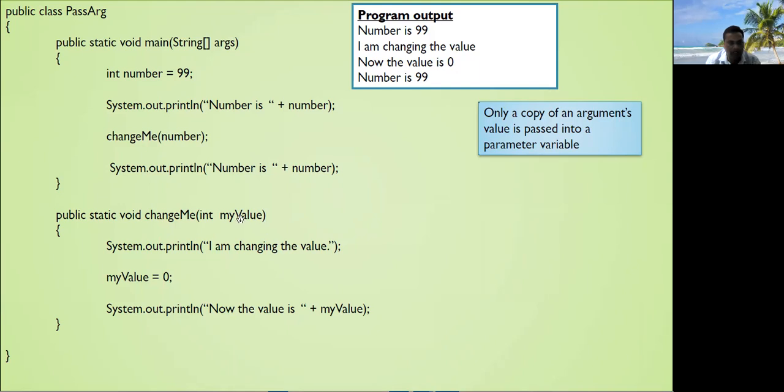If changes happen in the value of my value inside the body of the method, those changes are not reflected in the variable number here.